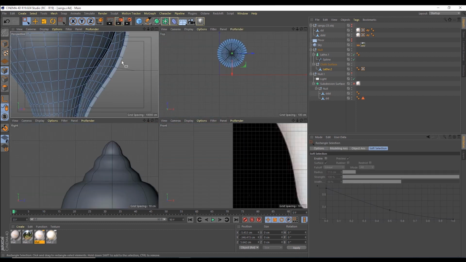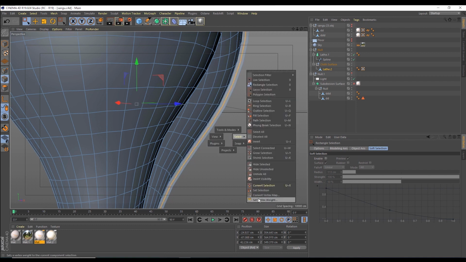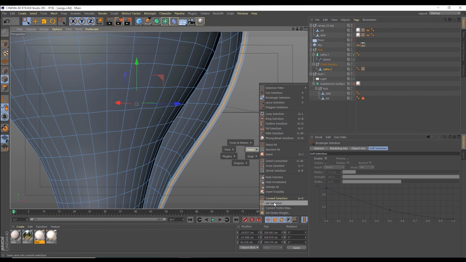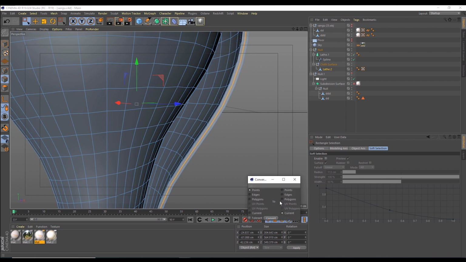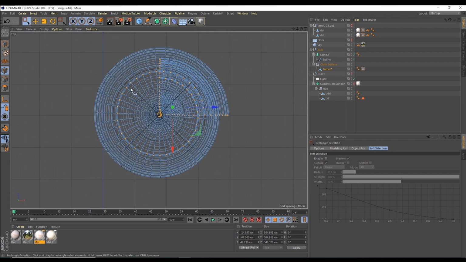I am converting the segment into a vertex. See what I am doing carefully. Okay, now the vertex has been selected. Now I am tracking the unwanted vertex by pressing Ctrl and dragging it.